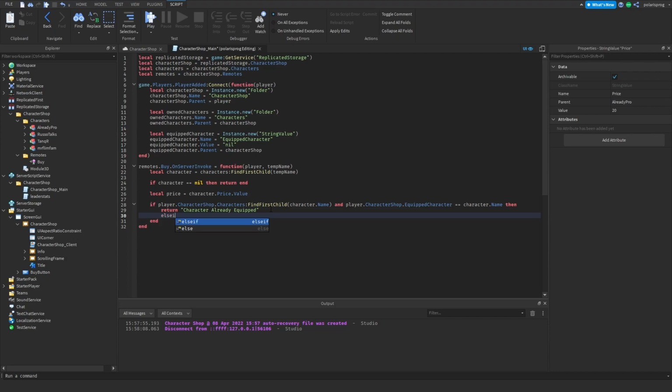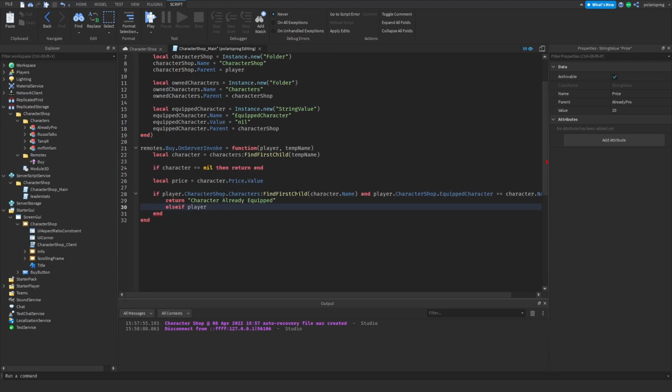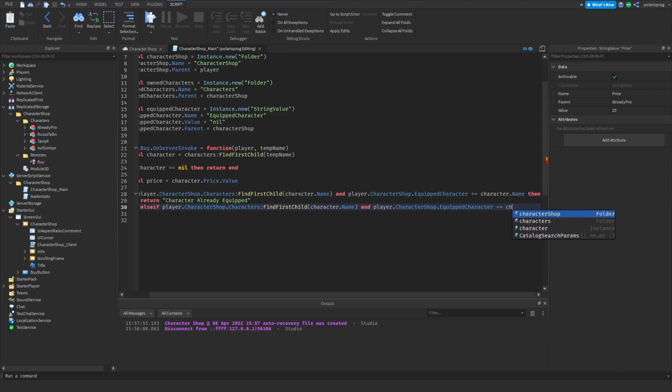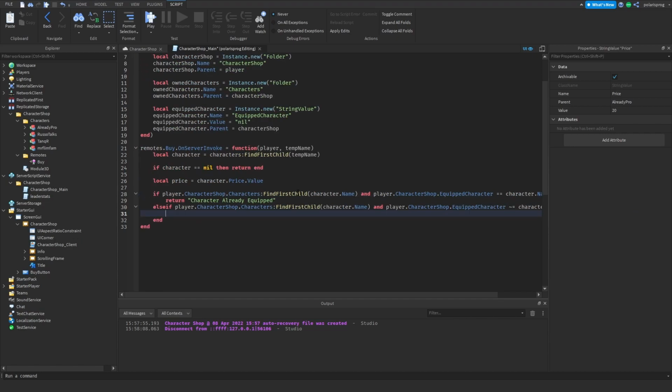and then we're gonna do else if the player dot character shop dot characters find first child and character dot name, and player dot character shop dot equipped character is not equal to the character name, then what I'm going to do is return equip,